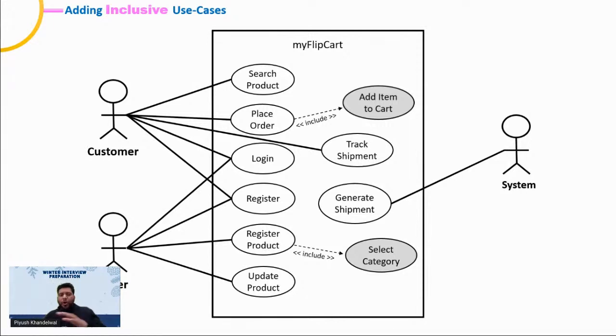ठीक, I hope this is clear. The inclusive use cases, right? So how do we create inclusive use cases? अगर एक use case दूसरे use case पर depend है, right, I want to make it dependent on another use case, कि जब वो complete हो तभी ये वाला complete होना माना जाएगा। जैसे registering a product will be done when user has selected the category, ठीक है, otherwise we won't consider the registration completed, right. तो हमने क्या किया, inclusive use cases भी add कर लिया। ठीक, now